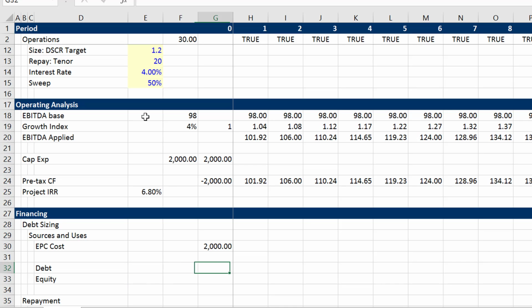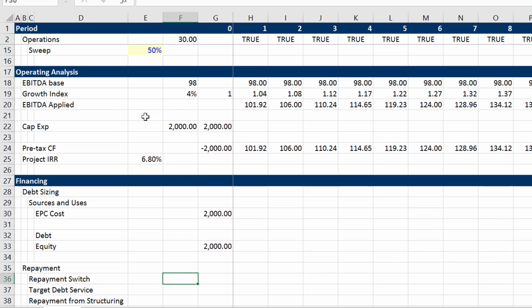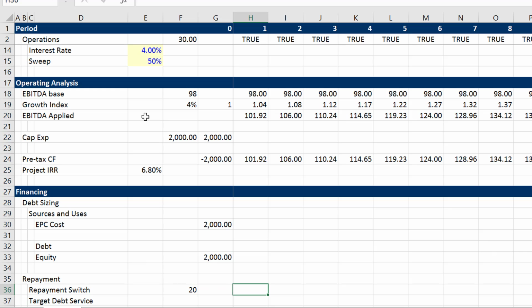Okay, so the debt is, we don't know yet. I'll put the equity as the total minus the debt. I'll fill this in, might as well. On the cash flow, on the repayment switch, let's go and get our tenor of our debt and put it here. And we say, okay, when our good old year is less than or equal to our tenor, then we'll